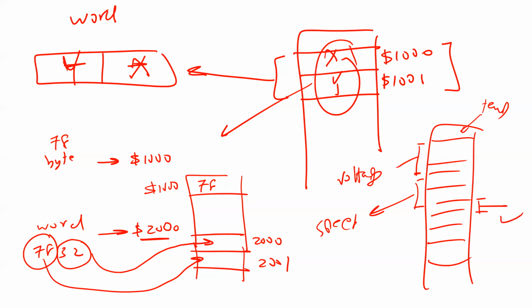So the logic is not in the hardware. For the hardware, you have just a bunch of bytes. The logic is in your program. What do I mean? If I want to read the temperature, I have to read only this byte. If I want to read the voltage, I have to read these two together. These two should be together when you read or write, because this is one value, one number. It's stored in 2 locations, but this is one value. So every time I read a voltage, I have to read 2. Every time I write, I have to write 2. So this logic is actually in your program, not in the hardware. The hardware is just bytes. Is that clear?